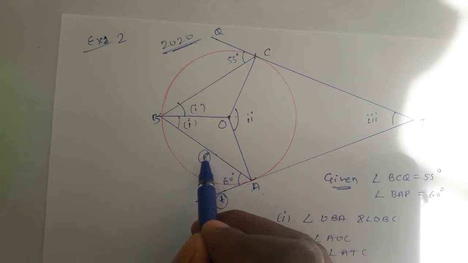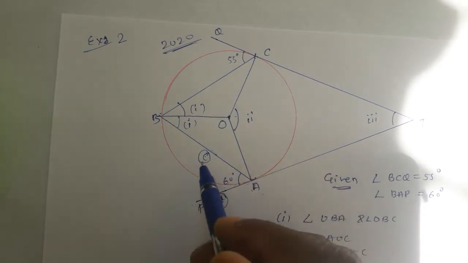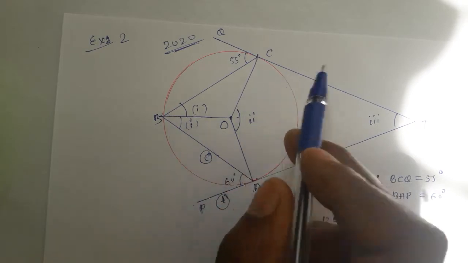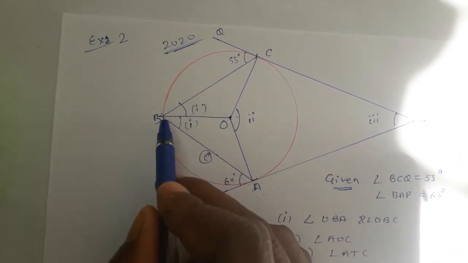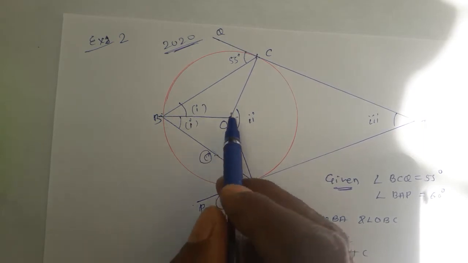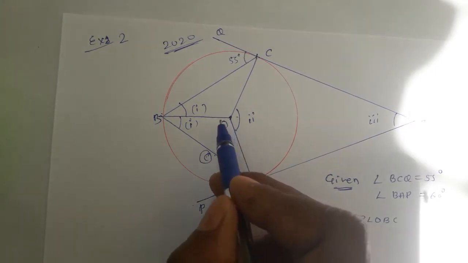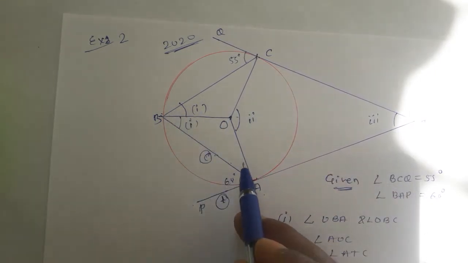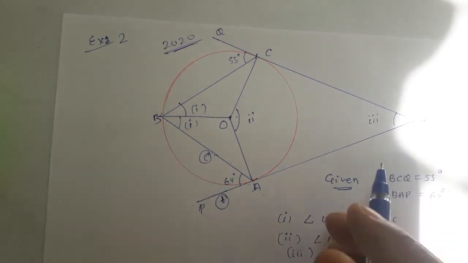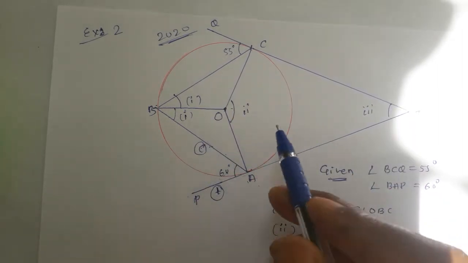The same AB chord makes 60 degree with the tangent, but the AB chord is not making any angle at the circumference. Look, the AB chord makes an angle at the center, but not at the circumference. If an angle were formed at the circumference, we could write it, but it is not given in the diagram. Just drop it out. Chord and tangent angle is there, but we cannot use it. So we think about one more theorem.